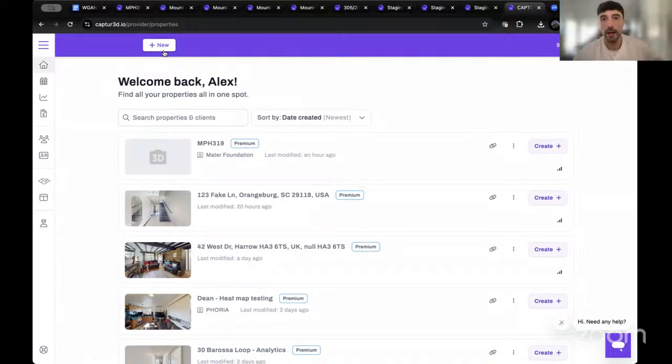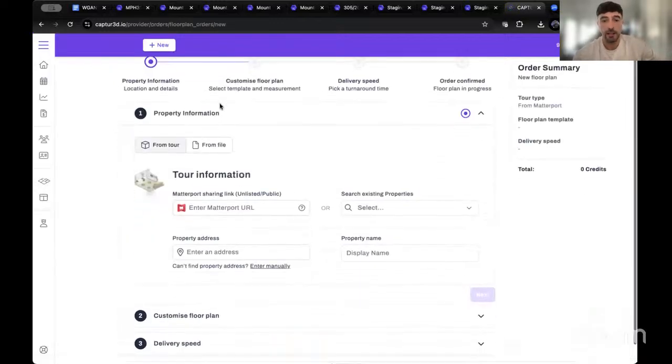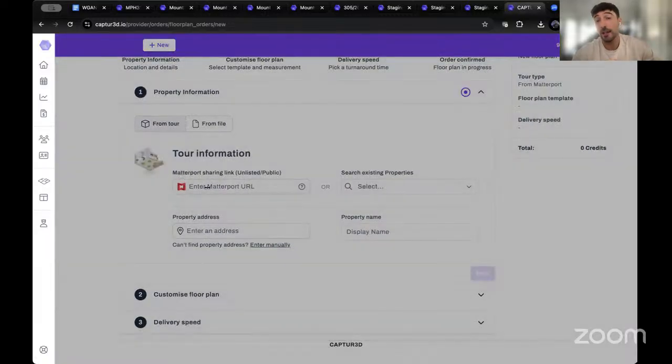Yeah, absolutely. I can quickly take you through the order page, because that will have an overview of the different designs that we now offer. We've made the order page much more visual and updated that in the last couple of months. If I press plus new in floor plan to generate an order, one option now is that you can connect your Captured and Matterport accounts together.